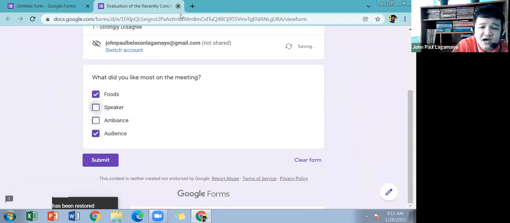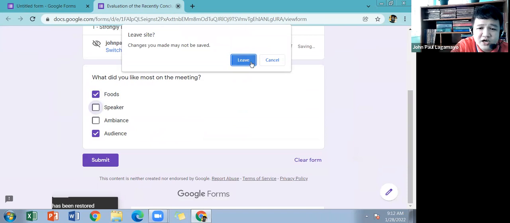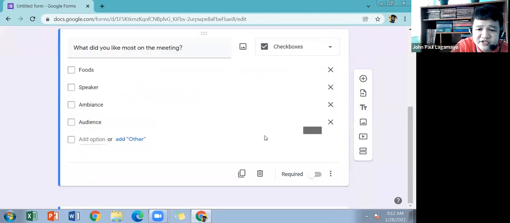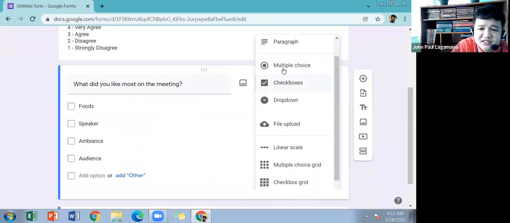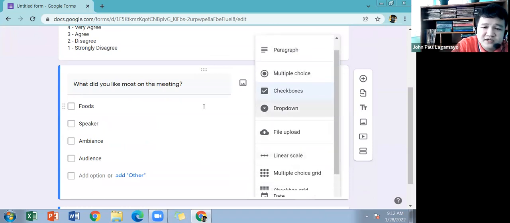So that is how we try to differentiate check boxes and multiple choice. That is somehow similar to multiple choice grid as well as the checkbox grid. So we are already done with multiple choices, check boxes, and we'll now proceed to the drop